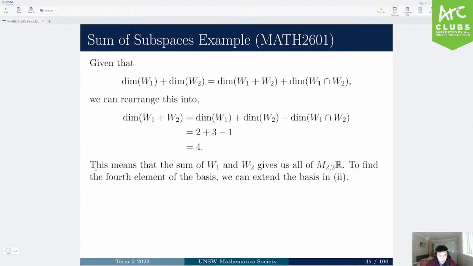And because we have the dimension of the sum is equal to 4, we know that the dimension of the 2 by 2 matrices is equal to 4, right? And that means that W1 plus W2 must span the entire space of the 2 by 2 matrices. Okay. So to find the fourth element of the basis, we can just extend the basis that we found in